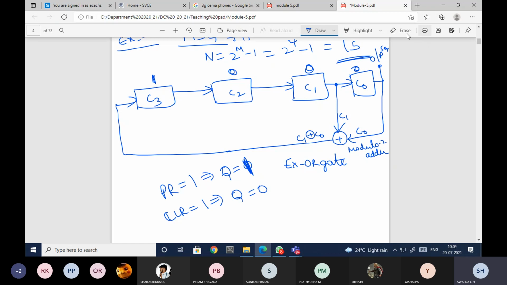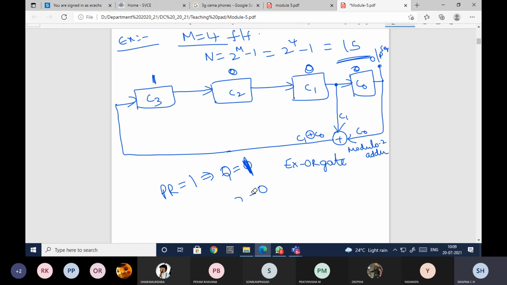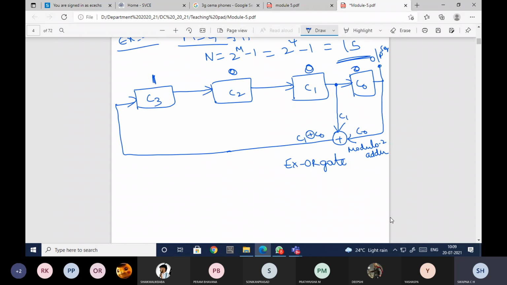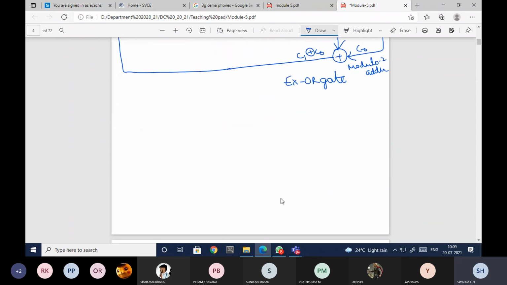Now we need to check what happens. This is all additional information I'm giving you; in the exam, you need not write all this. You can just draw the circuit and then explain it. Here, my outputs are C3, C2, C1, C0.